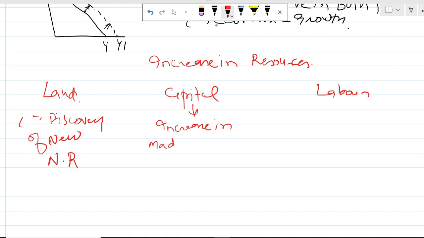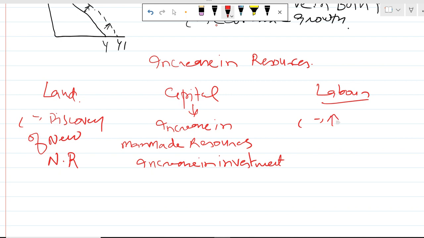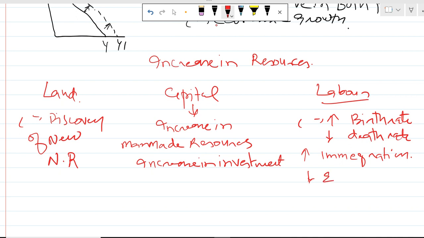increase in man-made resources, increase in investment, and in labor we see an increase in birth rate, decrease in death rate, increase in immigration, decrease in migration,